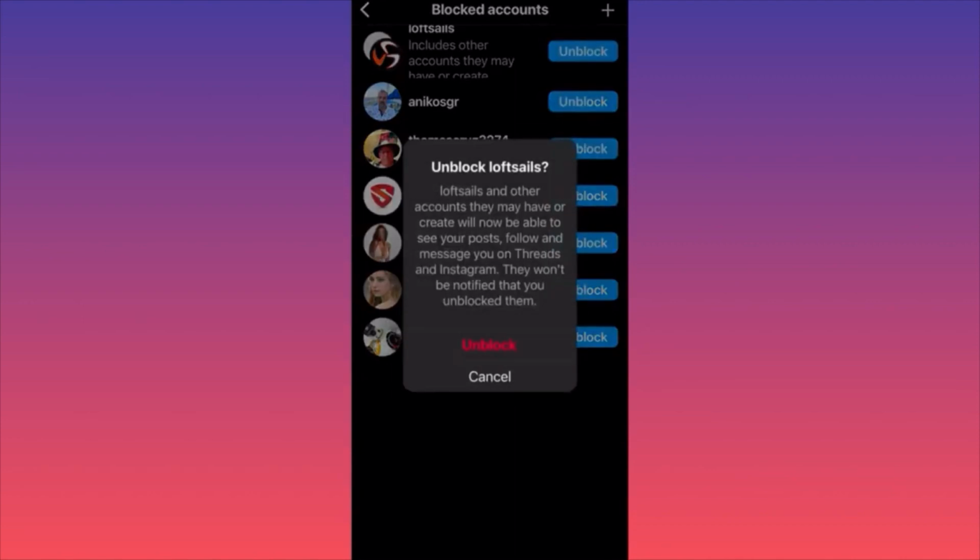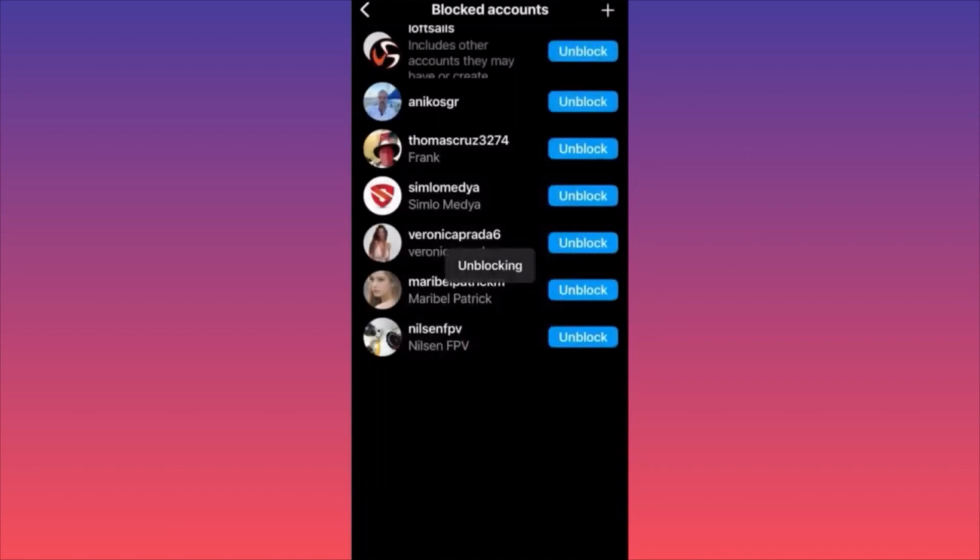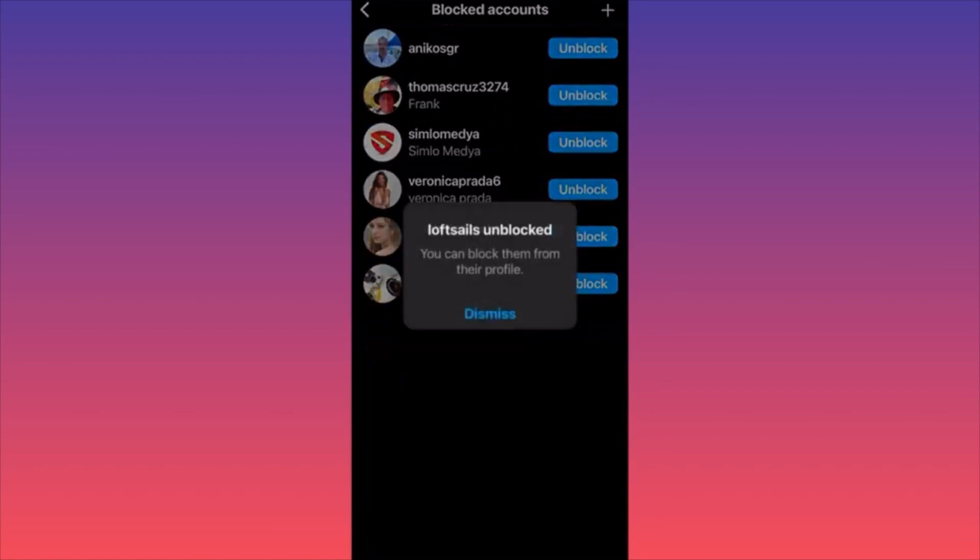Unblock this account. This is what actually is going to happen. After I unblock this account, they essentially will be able to interact, to post, I will be able to see their content, and everything will be as usual. The most important part is that when they got blocked and now when they're unblocked, they will not get notified for any of these actions,